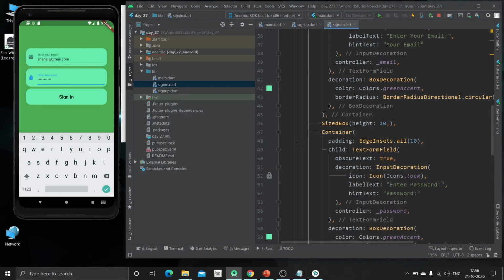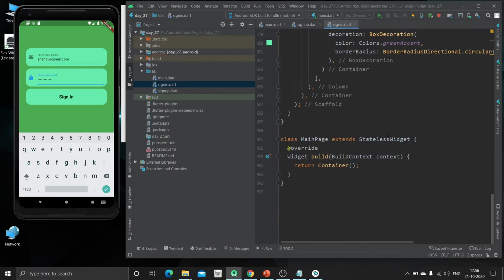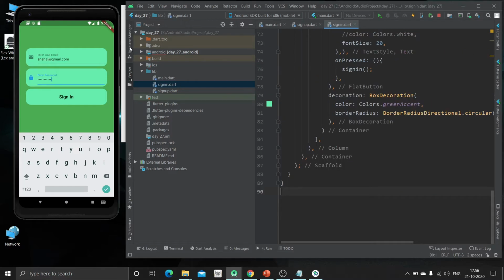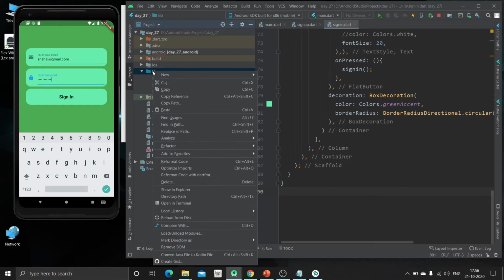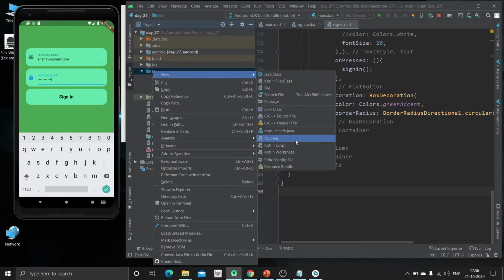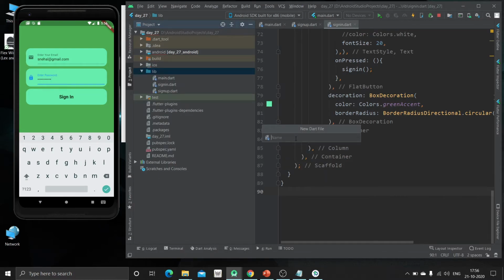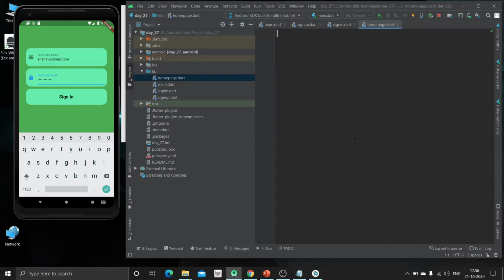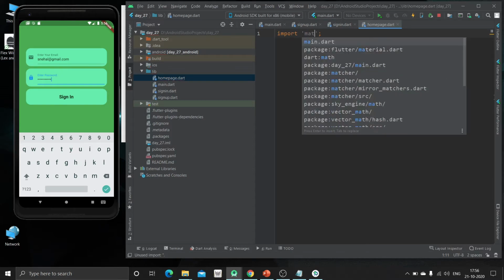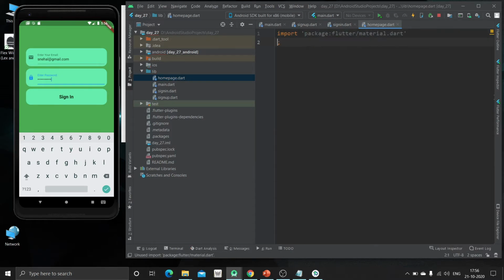Or else we can navigate to a different page also. So instead of creating the method inside this, we will create a new file, that is main page or home page, like that, home page. So we are going to import the material dot package.